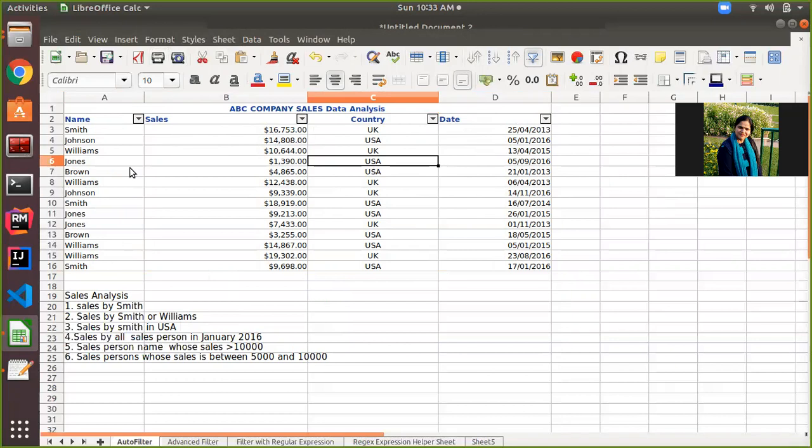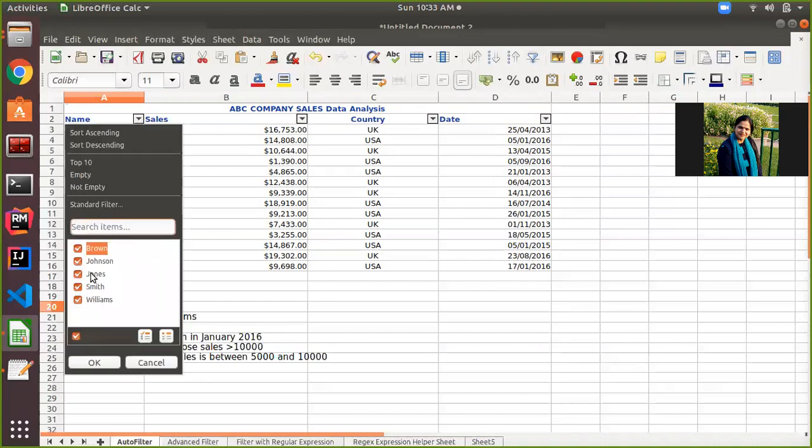Now suppose in this data, let's analyze these conditions one by one. So the first condition is sales done by Smith. I want to see what is the sale done by Smith. Since Smith is the condition for the name column, I will select the name, and here you can see all the names are selected. Since I want to see only sales done by Smith, I will unselect all the check boxes, select Smith, and click on OK.